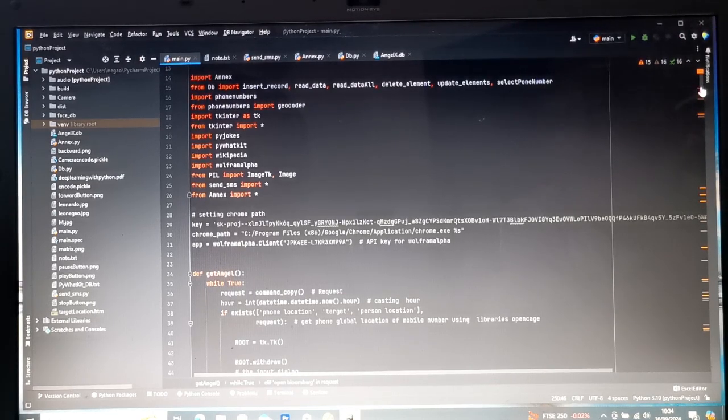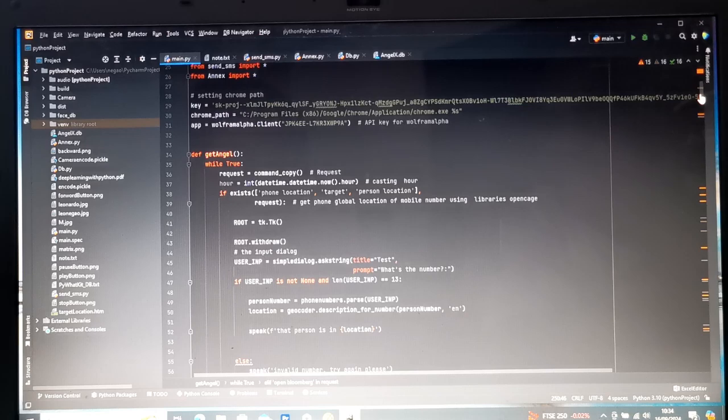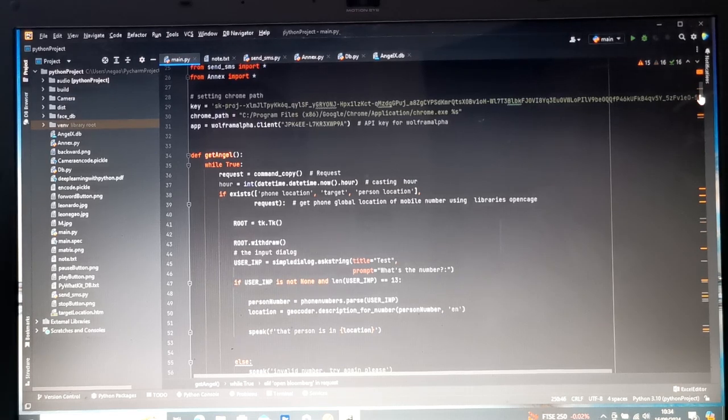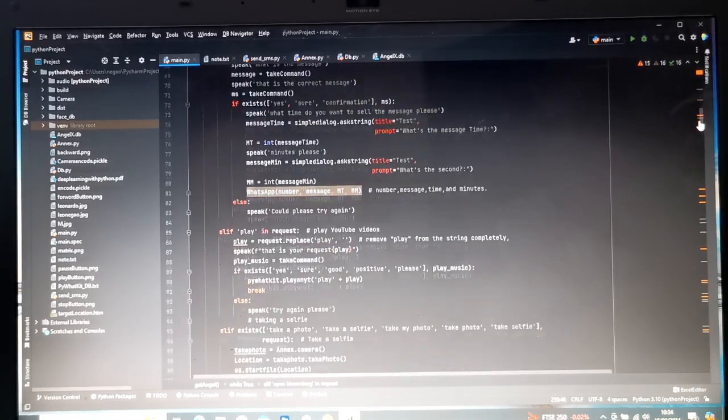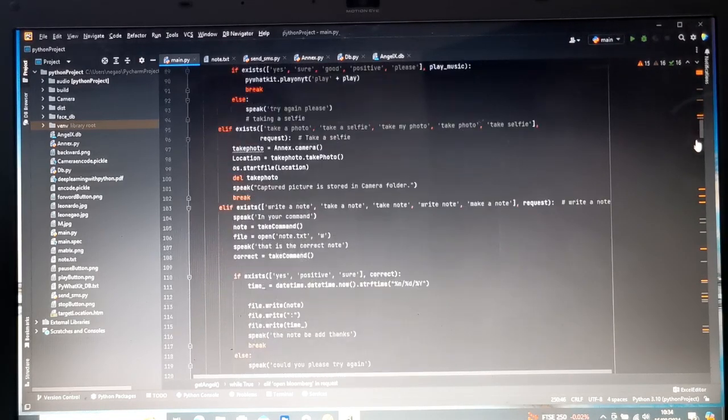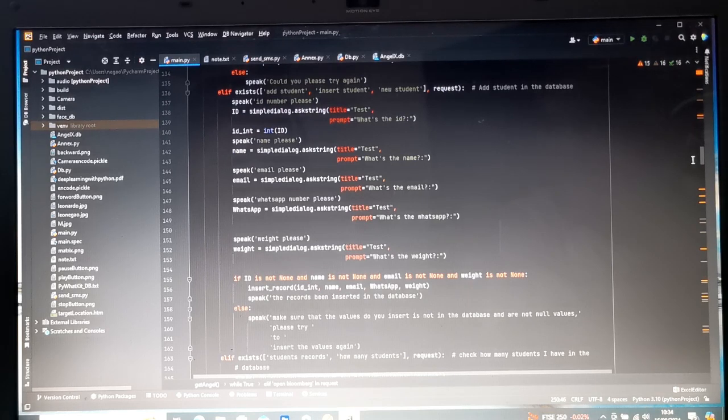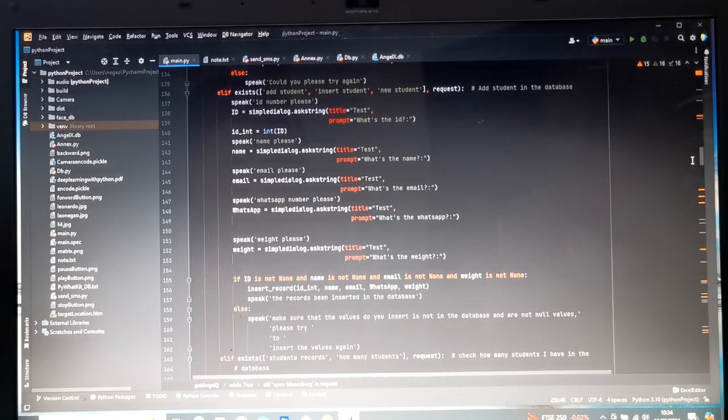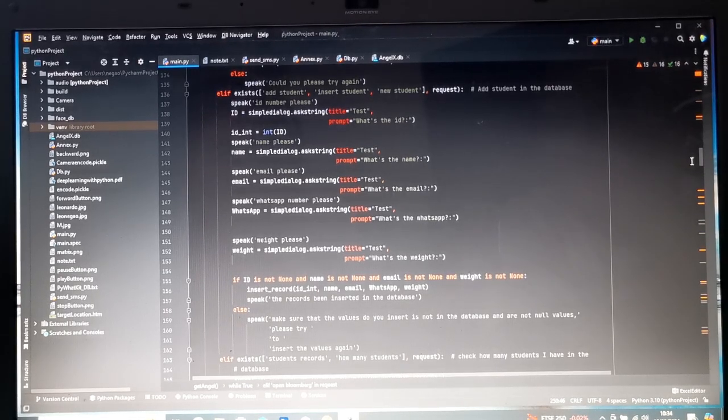Okay, so down here is the get angel. It's something like a function where it has all the if statements for the queries of the users, all the way down. So all the queries about the database, all the commands for the user to see, record, insert, delete